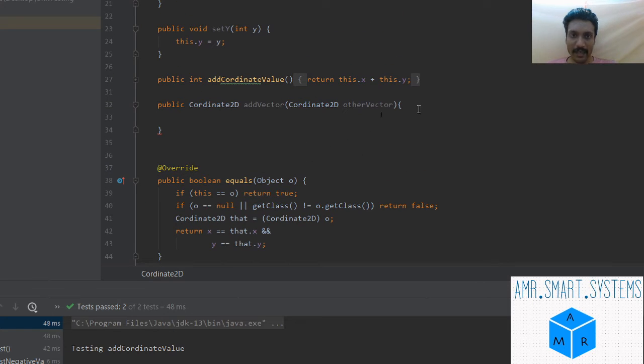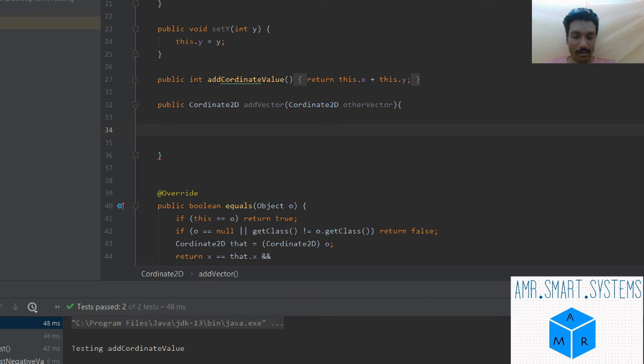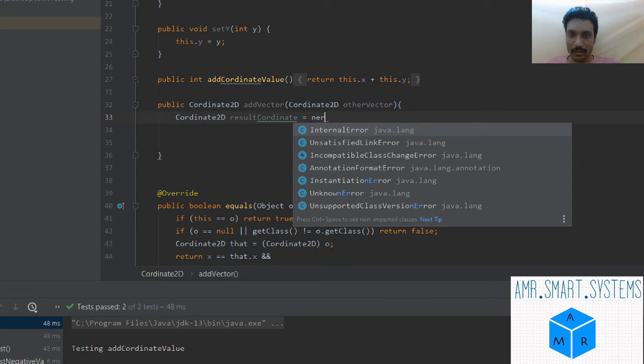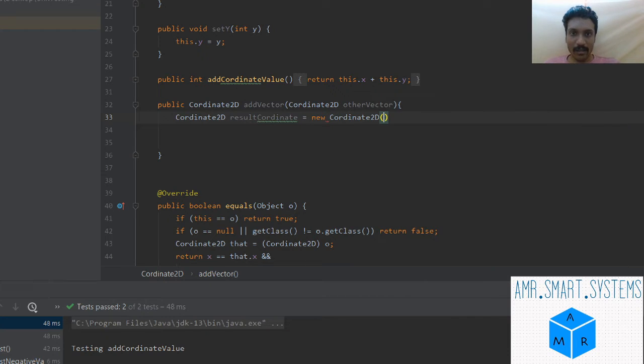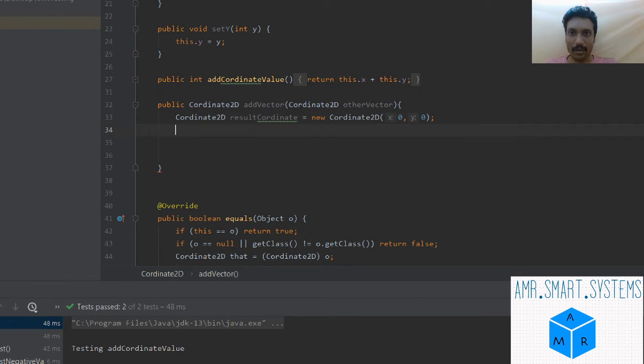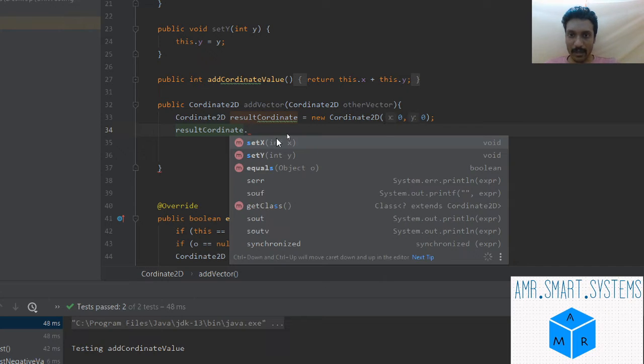So now let's add our vector. There will be a result coordinate, which we have to create of type Coordinate2D to store the result, equals new Coordinate2D, and we'll be using the parameterized constructor, initializing it with 0 and 0. So on the result coordinate, we have to set the x value.